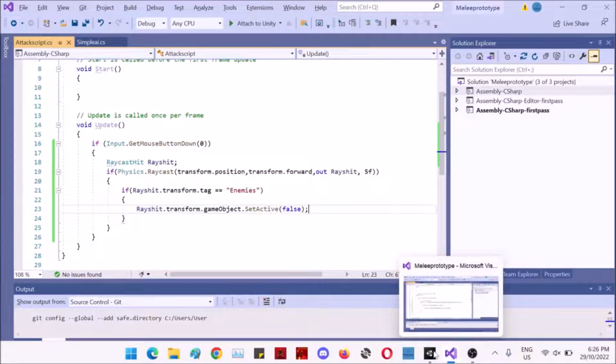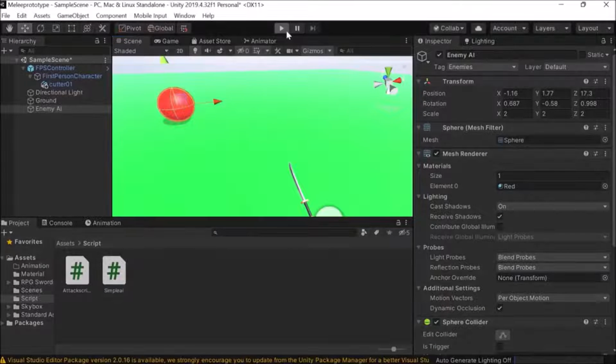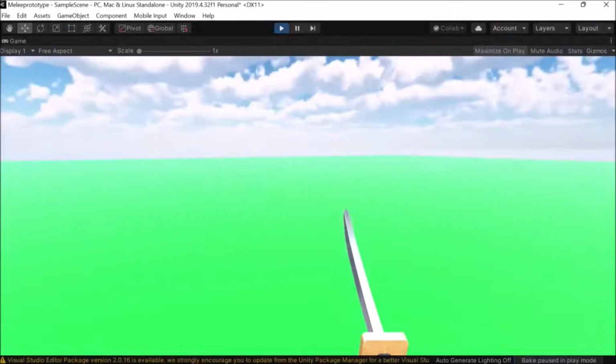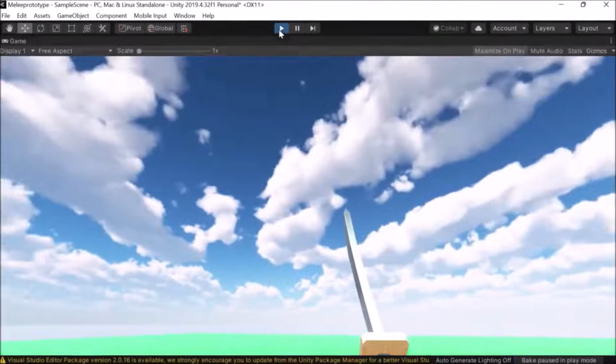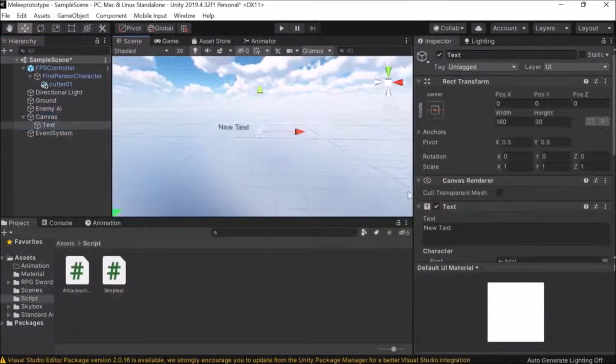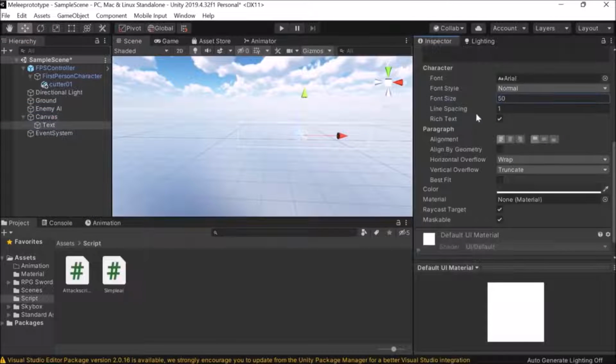I will do another video on the health system, but right now we will focus on melee. If we test the game and click on the enemy, it disappears. To make the aim more accurate, we can create a crosshair and put it in the middle of the screen. After we are done with the crosshair,